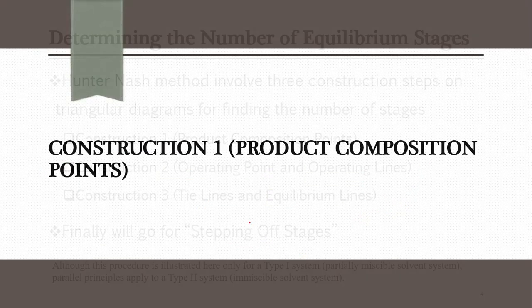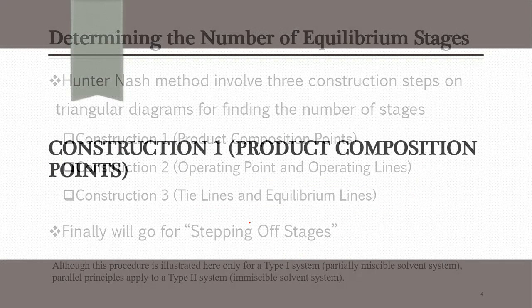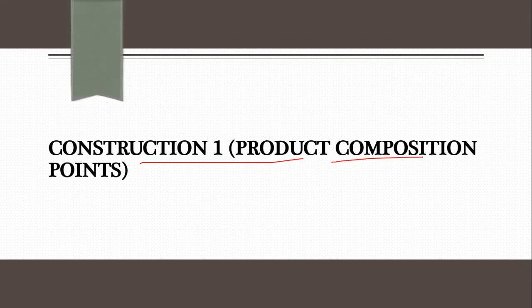Construction 1, I actually discussed this yesterday in great detail, in which we said that they are somehow similar to the method which you have already studied for partially miscible systems from last week. That was using a ternary diagram, in which you are provided with feed and solvent, and you have to locate the mixing point inside the diagram, and then you draw a tie line for the location of extract and raffinate. Extract and raffinate composition is found from the diagram.